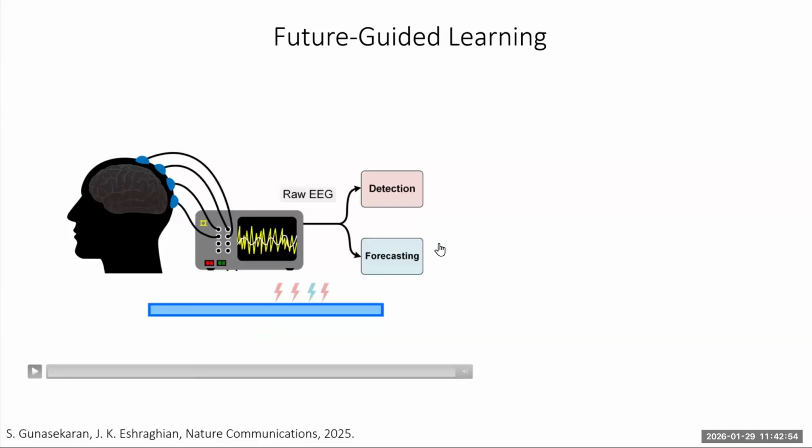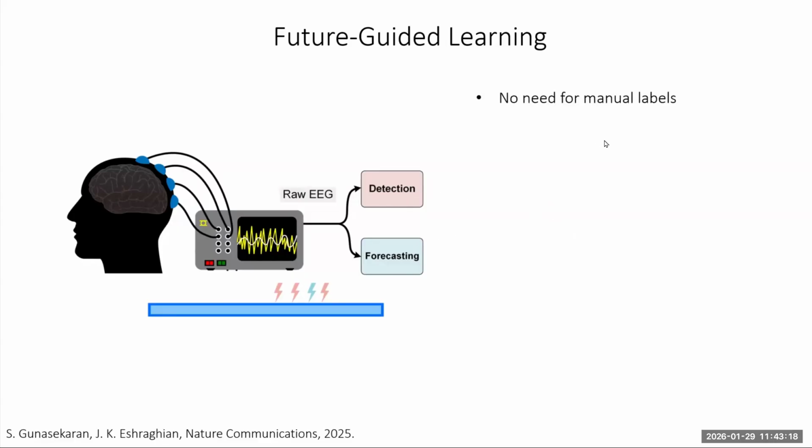So that's all well and good. There are a few catches here because the detection model may get things wrong as well, right? The detection model is not guaranteed to be correct, but as long as the forecasting model does as well as the detection model, we're happy because now we're treating the detection as our golden standard in a way. It also means that other than pre-training your detection model, there is no need for manual labels. You don't need an expensive neurologist to hand tick all of the seizures on an EEG reading.